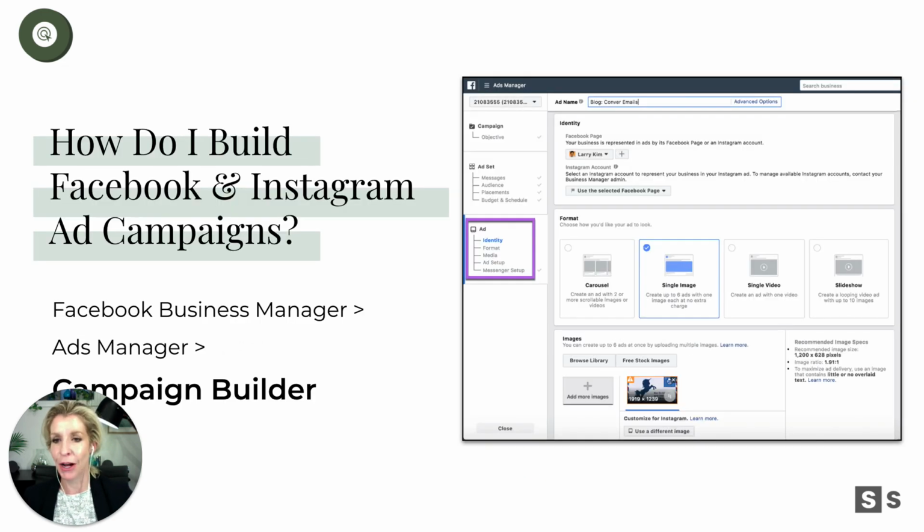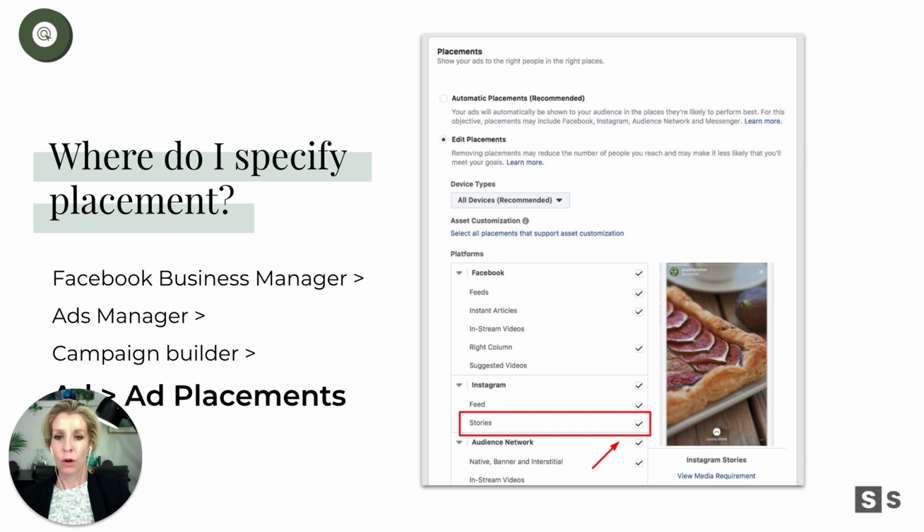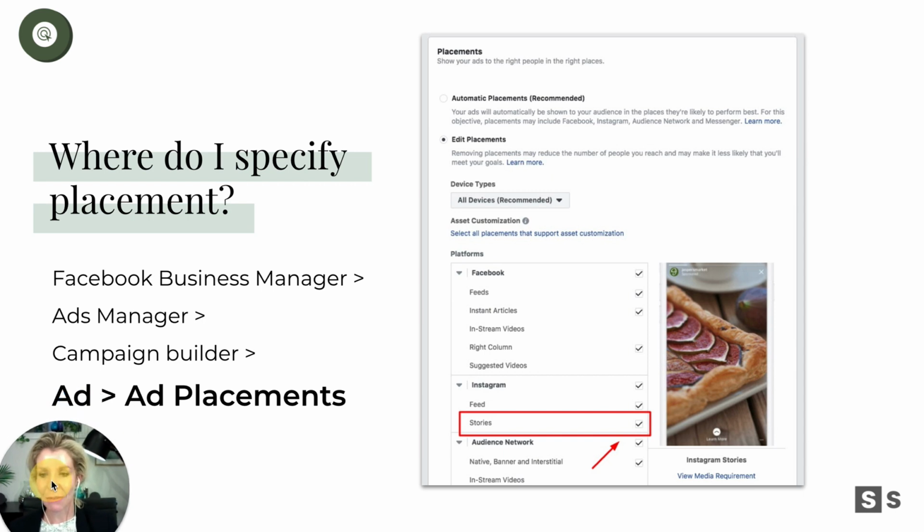Okay, I'm going to end this module finally by just teeing up what's to come. When we think about where on earth we build these ad campaigns, well, the answer's coming soon. We go into Facebook Business Manager, into Ads Manager, or it's now called Business Suite, Ads Manager, and then Campaign Builder, and it walks us through. We'll get there. Where do I specify placement? Well, it's in something called the ad set level, where we simply head in and we check those boxes of what we want. So we're going to look at that, and we can choose from automatic placements or, again, edit those placements to determine it ourselves.